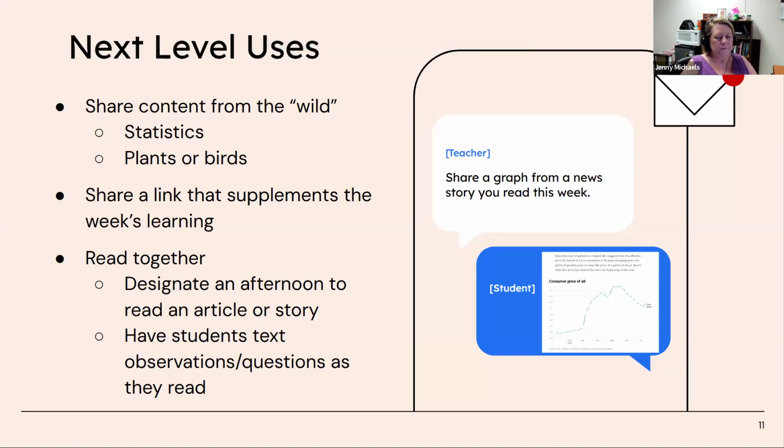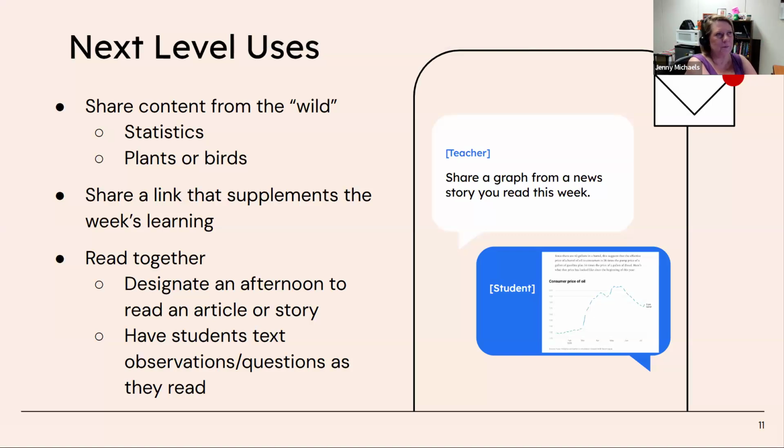These are just some ideas, like sharing content from the wild. Derek Bruff had a book out a few years ago called Intentional Tech. For whatever reason, the example stuck with me.